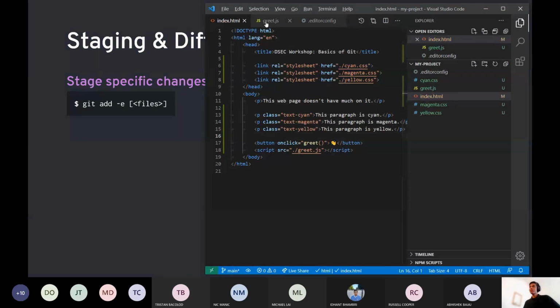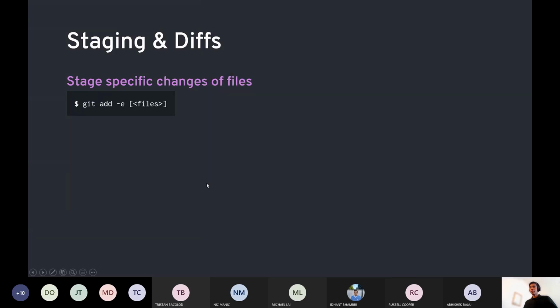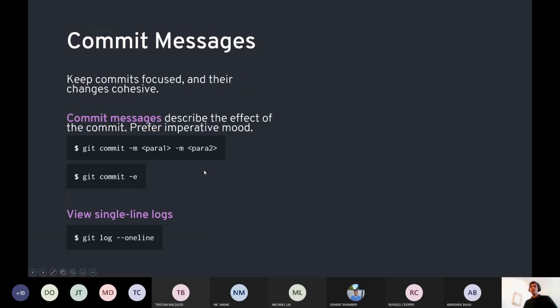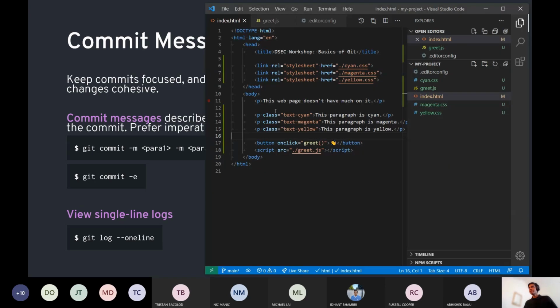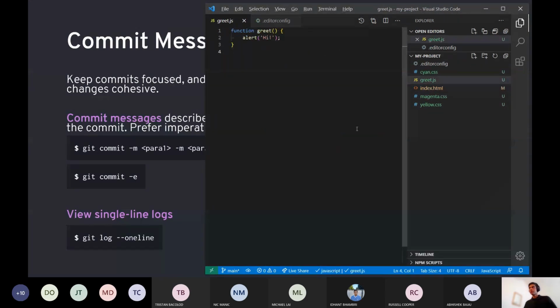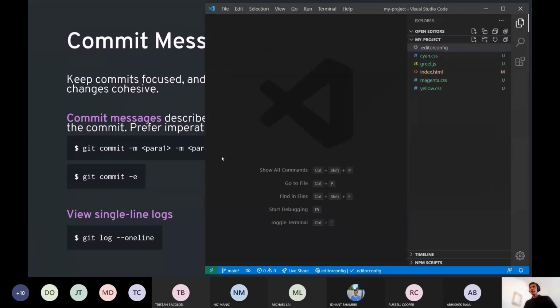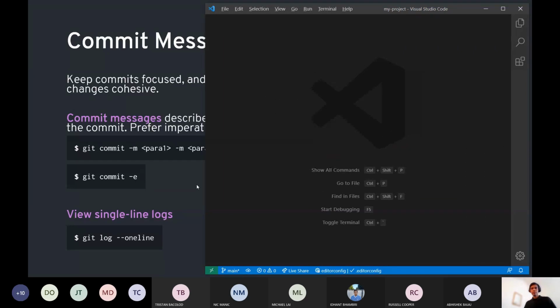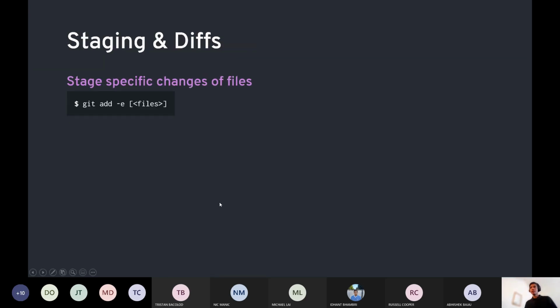So at this point, I'd want to commit these changes, but if I go back to the previous slide about commit messages, remember how commit messages would ideally be focused? So I want to divide these changes into 2 commits. So that's what we'll kind of discuss now. Again, since committing is a 2-step process where you'd first stage your changes to be committed, and then you'd actually commit them, Git actually makes this pretty easy to do.